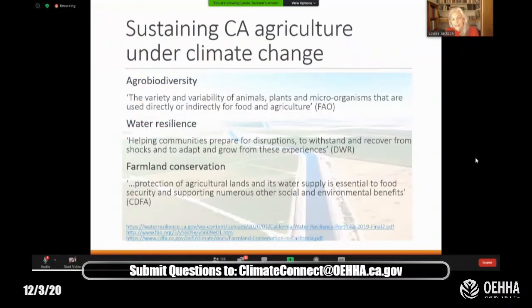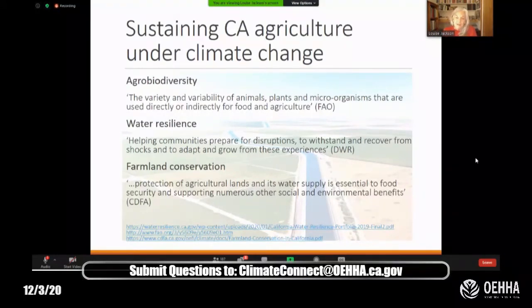What I've done here is propose 3 themes for thinking about how to sustain California agriculture under climate change. And the reason why I picked these themes, I mean, there could have been so many, I'm leaving so many important possibilities out, but they all somehow address vegetation, which of course is the theme of this session. And I think they all have the potential for adaptation and mitigation to climate change, as well as other environmental co-benefits, so that there are multi-benefit strategies that can result from them.